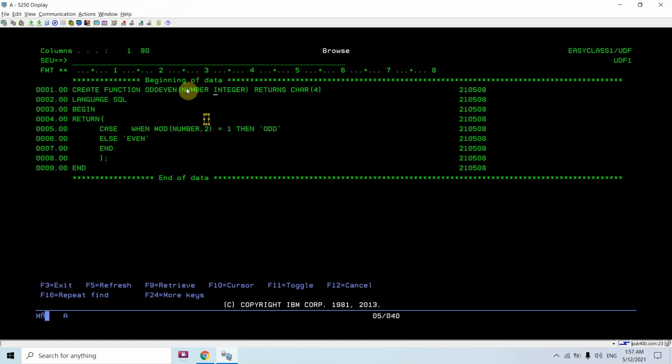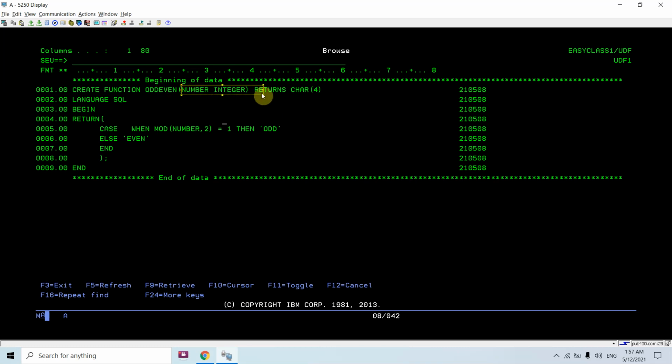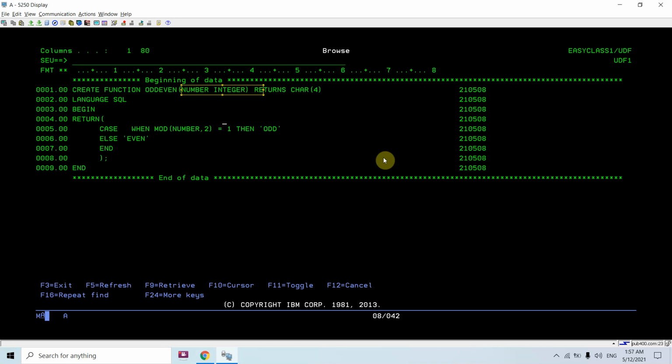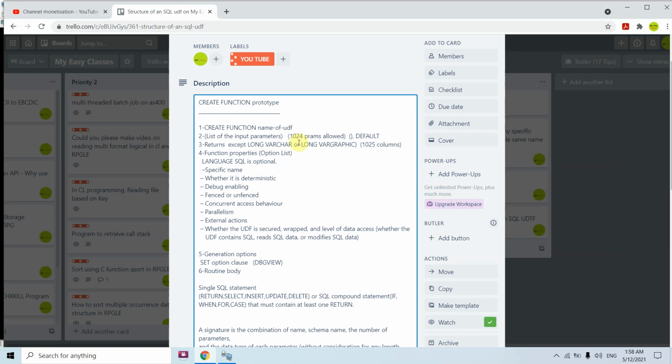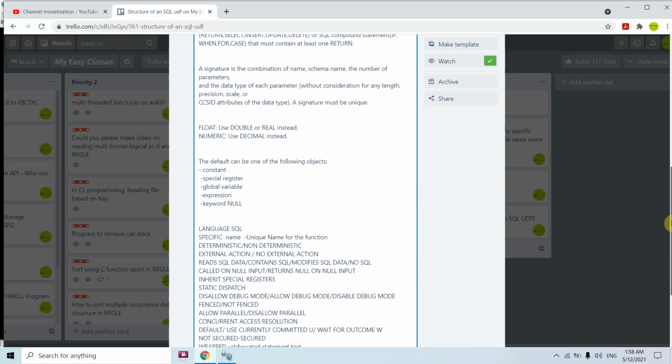Here I can give the name of the parameter and the data type or even the length, but we cannot specify the CCSIDs or those things. You can also see I can give only the data types, that depends upon me. 1024 is the maximum number of input parameters allowed for the function. And yes, of course we can specify default values for them. So what are all those default values? Let me show you that.